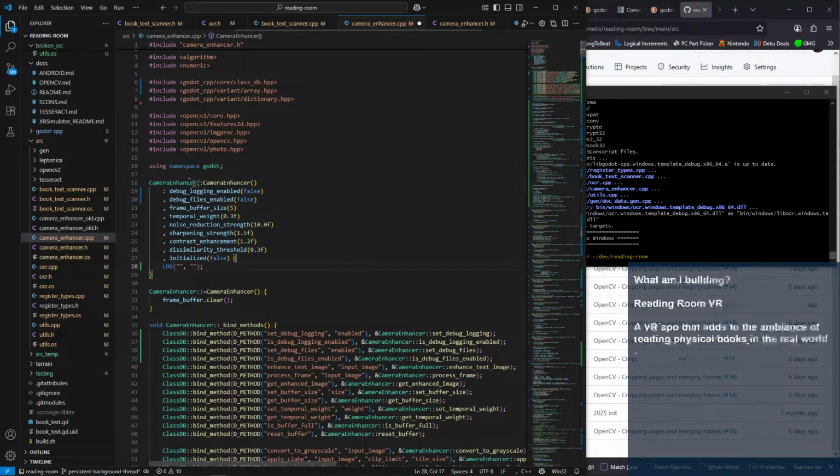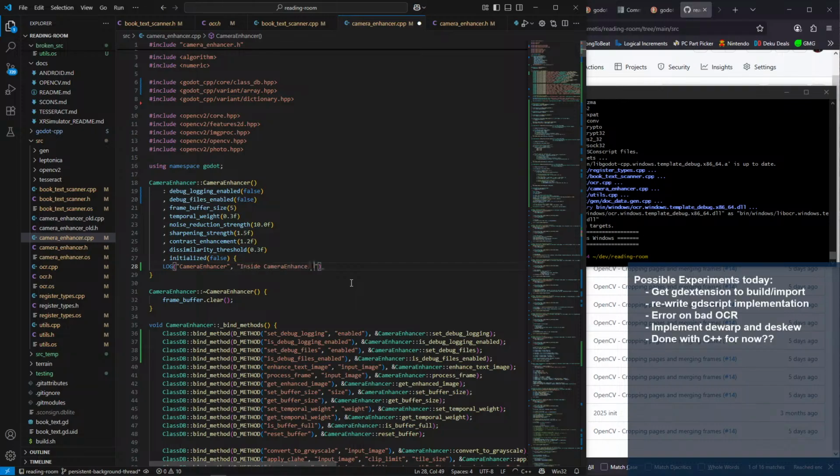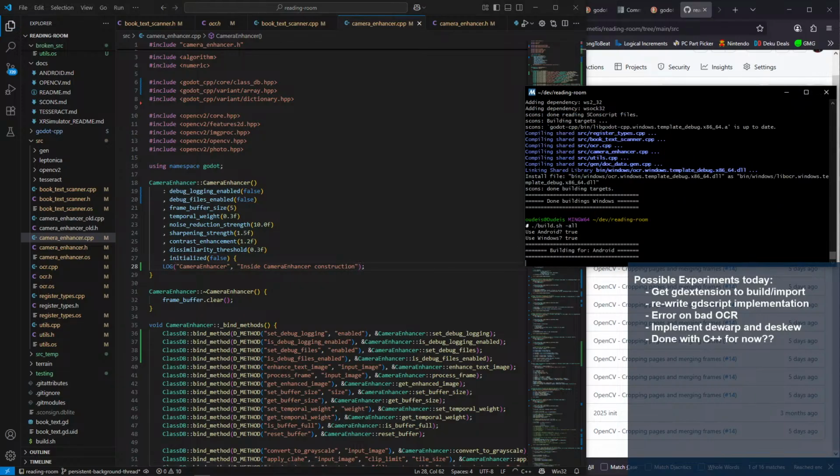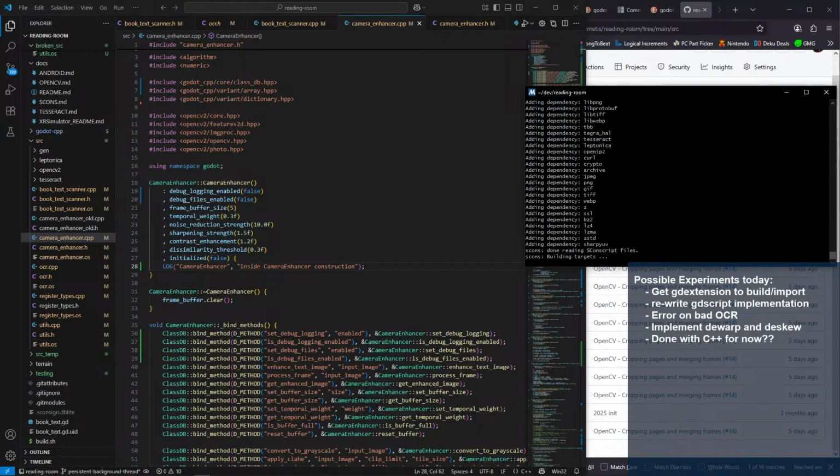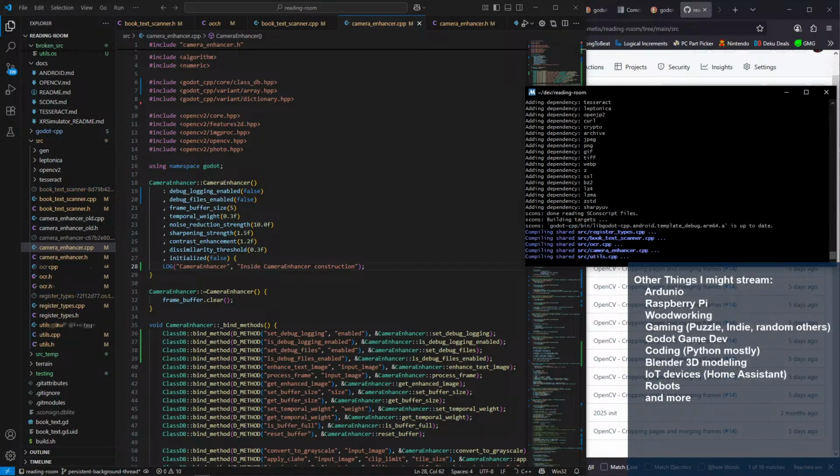I mean, it's possible it was the logging, right? Inside construction. So again, if this works, I'm committing it all right now.